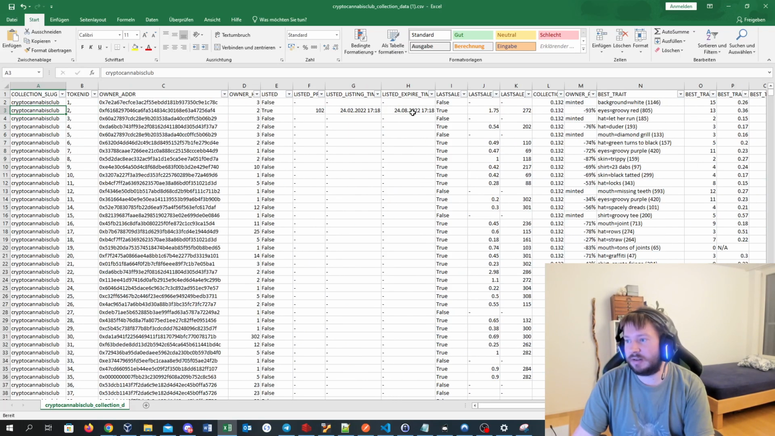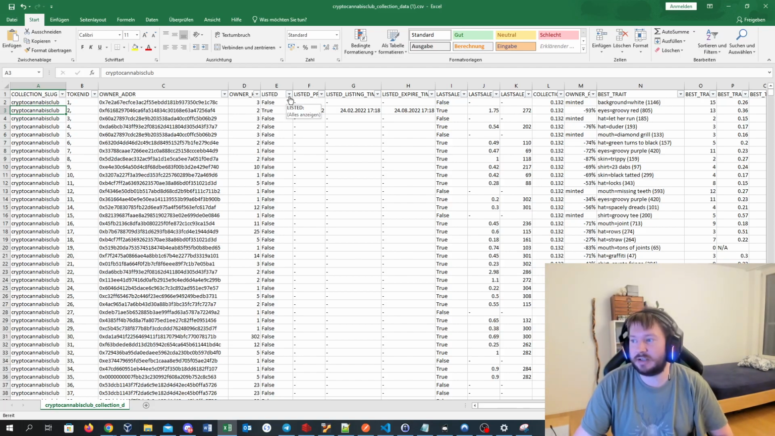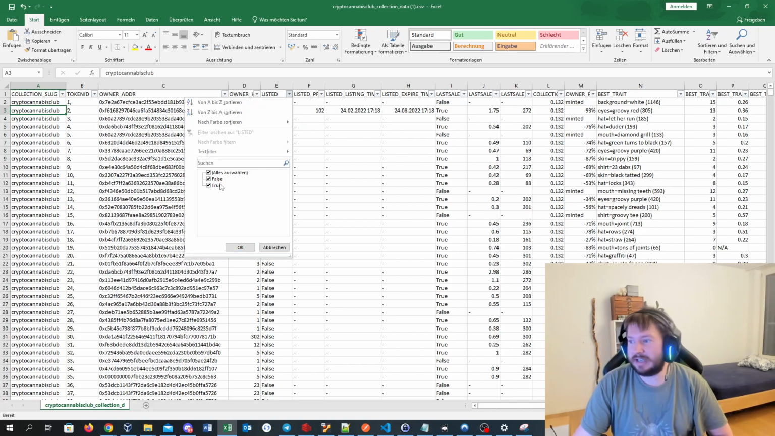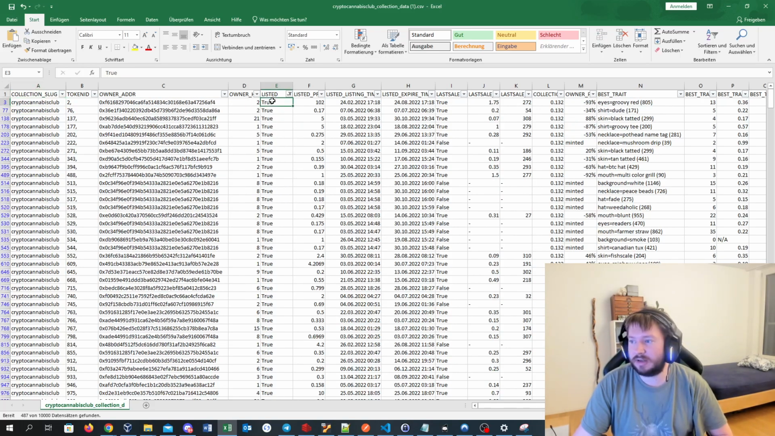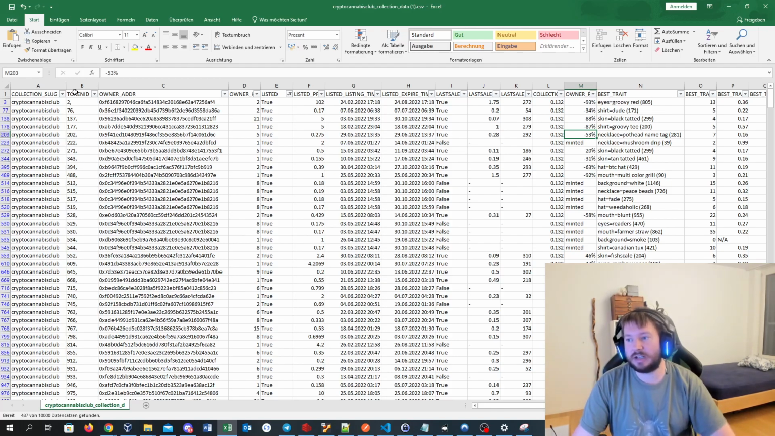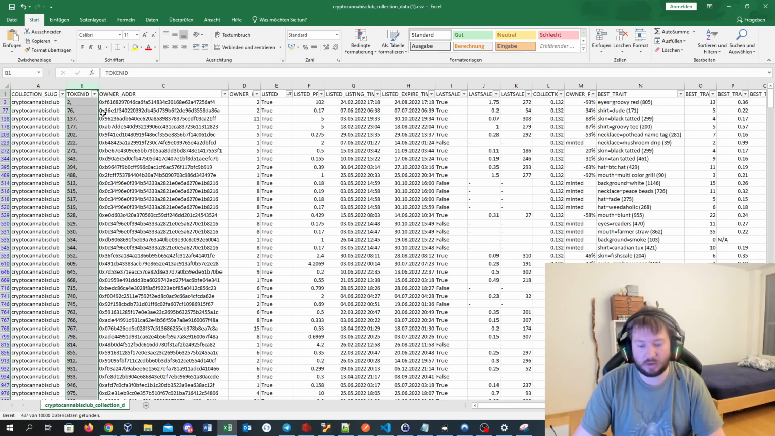So now, if you would like to do some advanced bidding strategies, here are some use cases. You can filter for listed items only. You can also do other filters. So if you want to, I don't know, maybe only target holders which are at least in a loss of 50% or more, you can filter this accordingly. And once you have made your filters on this collection, you can just copy this column B with all the token IDs matching your filters,